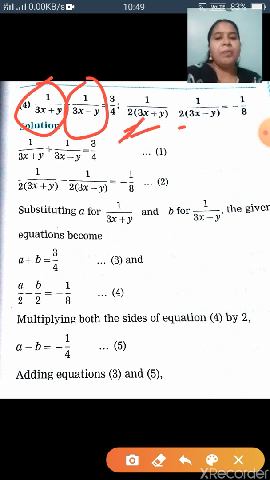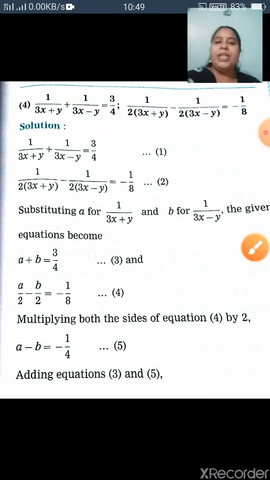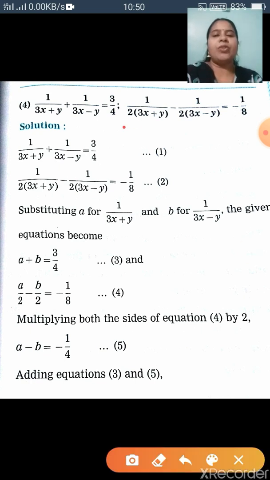You have to remember that 2 which is there in the denominator is not to be taken up in the numerator. It is to be left down in the denominator itself. This is what is a thing to remember in this sum. Rest all the steps are same. This is the only reason why I have selected this sum, because in exams I have found out most of the time students make the mistake of taking this 2 up and writing 2a minus 2b. Be careful that it is down in the denominator.